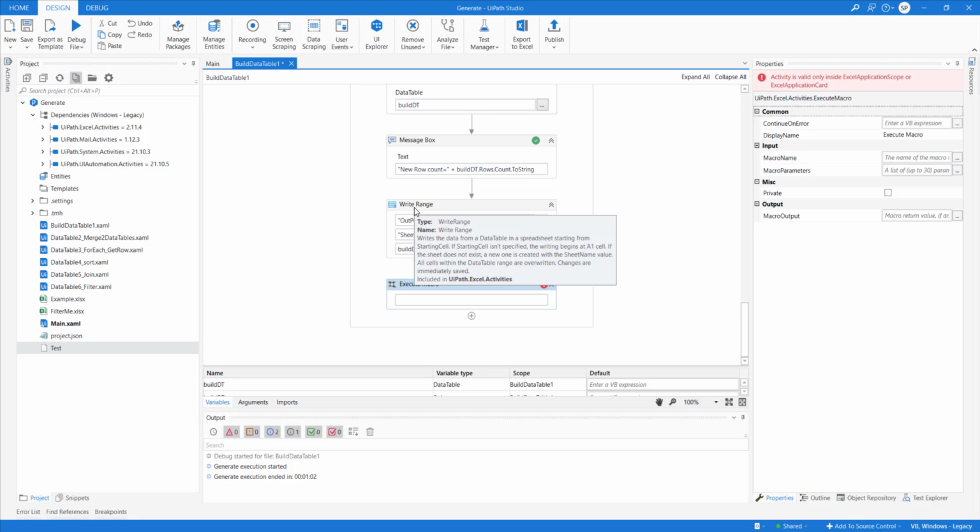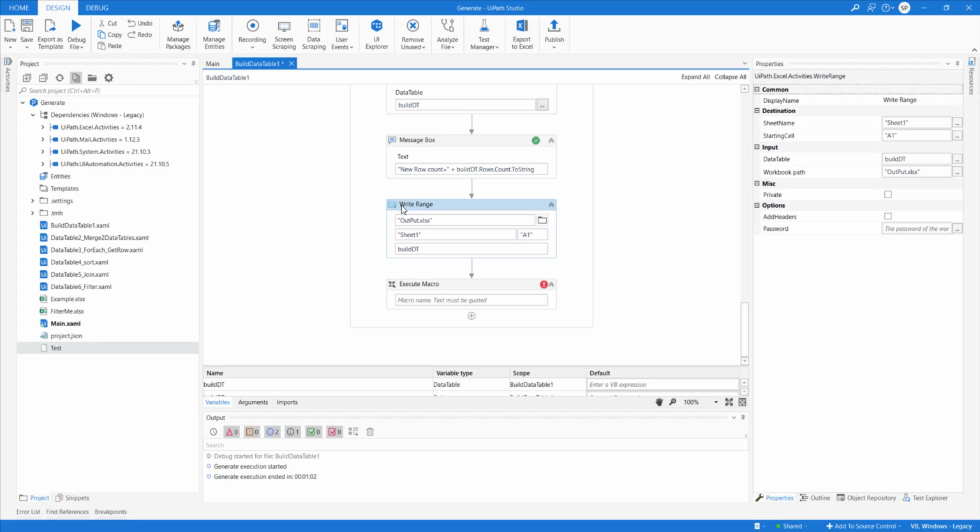Once the data is coming from multiple sources, they write that data into a template. They already have a blank template that contains a macro, formatting and everything. Data is written into that file using append range or write range activities, and then they execute the macro by giving its name. So that's one way of doing it.